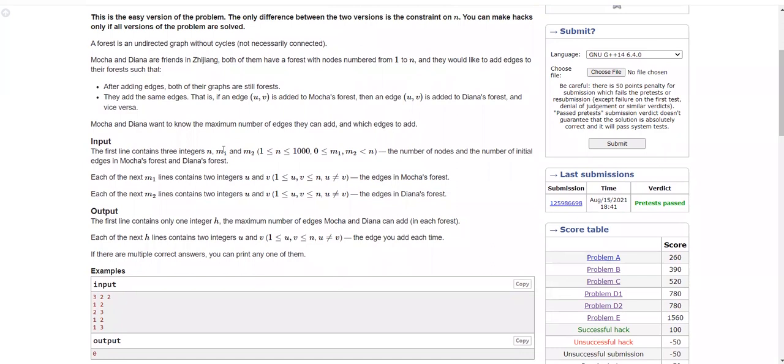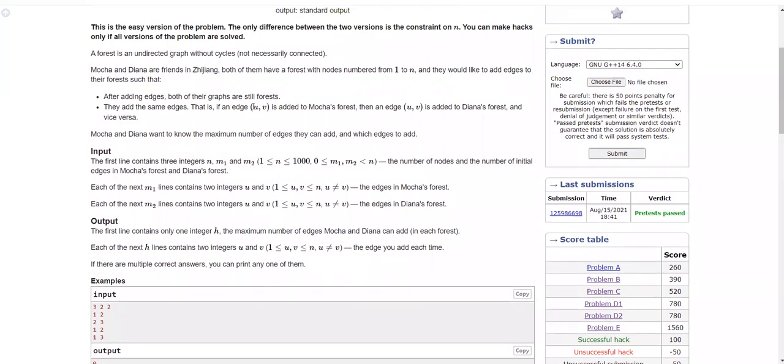So every time you are going to add an edge, suppose you are adding an edge u comma v in Mocha's forest, then while adding you have to check that on adding the edge between u comma v, will there be a cycle? So the same condition you have to check for Diana's forest as well, because you have to add the edge between the same two nodes in both forests.